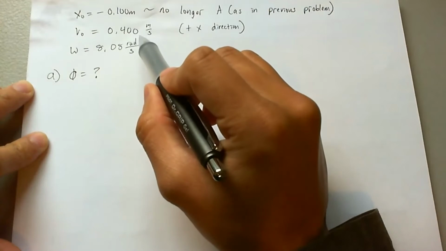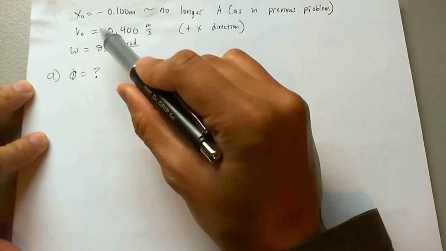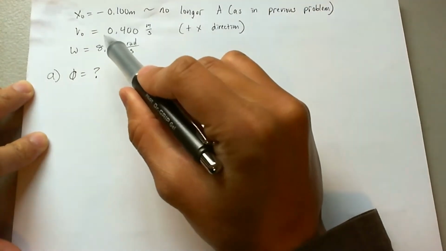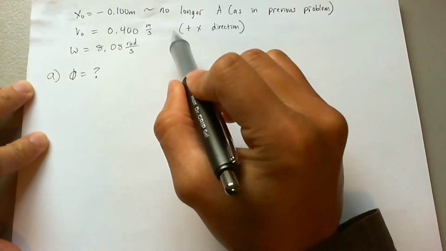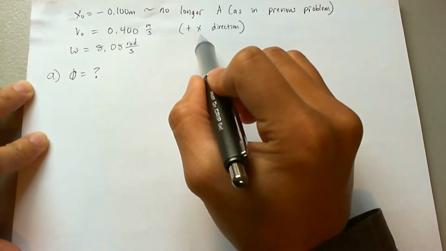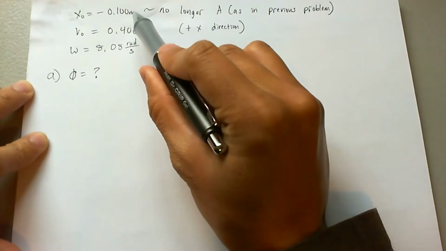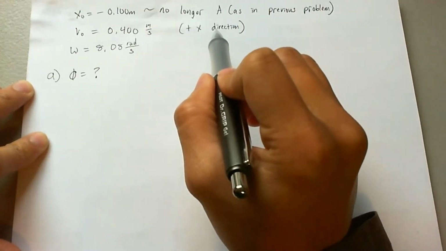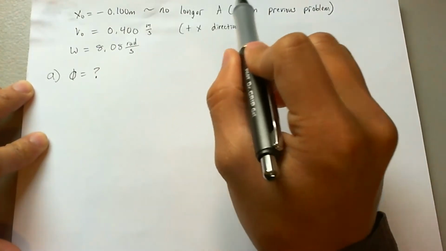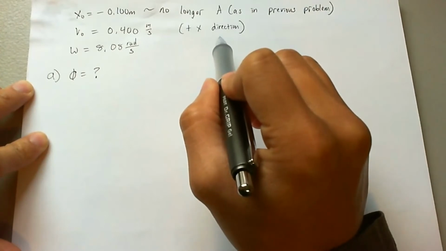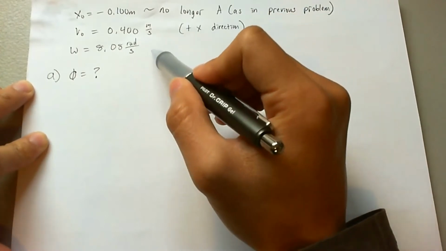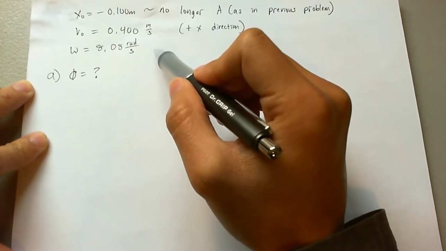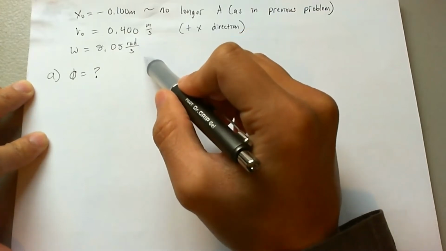So that extra kinetic energy means that it's going to go from that negative 0.1 meter to positive 0.1 meter and a little further because of that extra energy. So you know that x naught is no longer an amplitude. The amplitude is going to be a little bit bigger than 0.1. We're going to go ahead and take that omega being 8.08 radians per second from the previous problem as stated